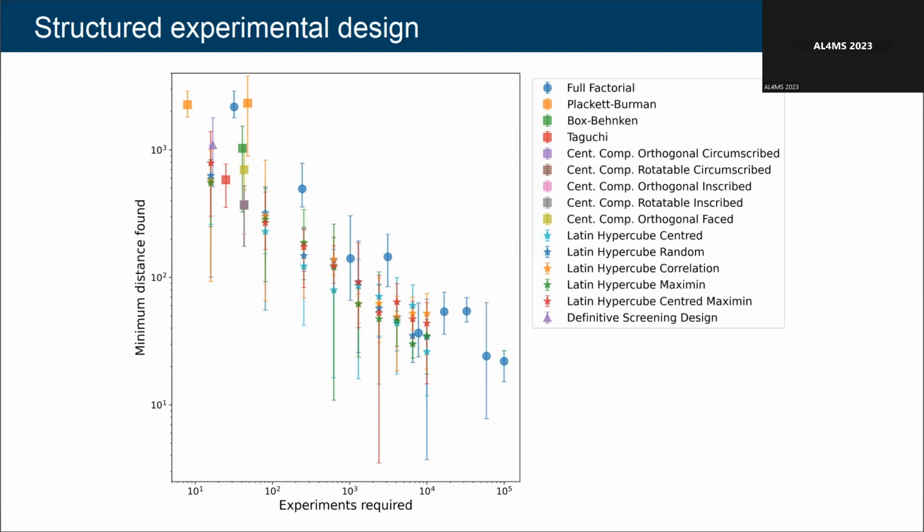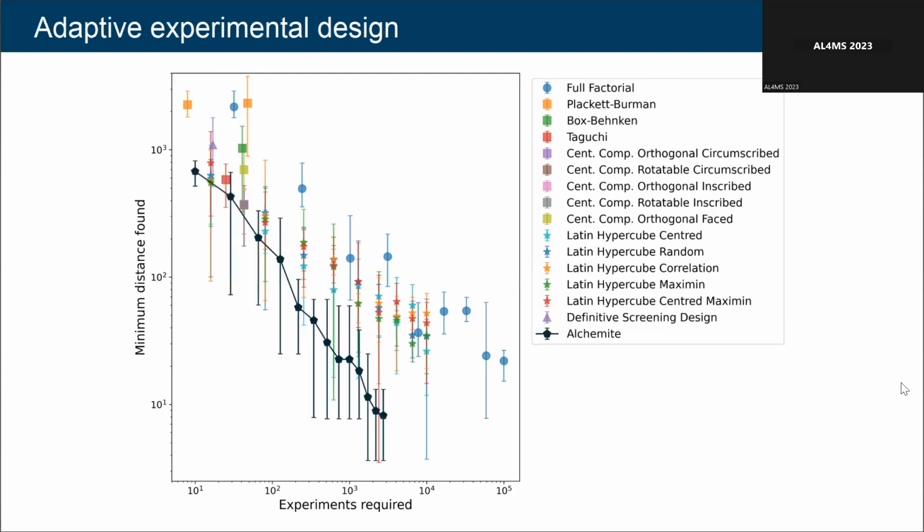However, what we can then do is apply our machine learning methodology to do some experiment, have some experiment results, train the machine learning model, and ask next where the uncertainty is large. So on the next slide, we can see what that does. We see it gives a fundamentally better behavior on this curve. It dives much more steeply down. It looks something like 1 over n squared, and would give a dramatic reduction in the number of experiments,